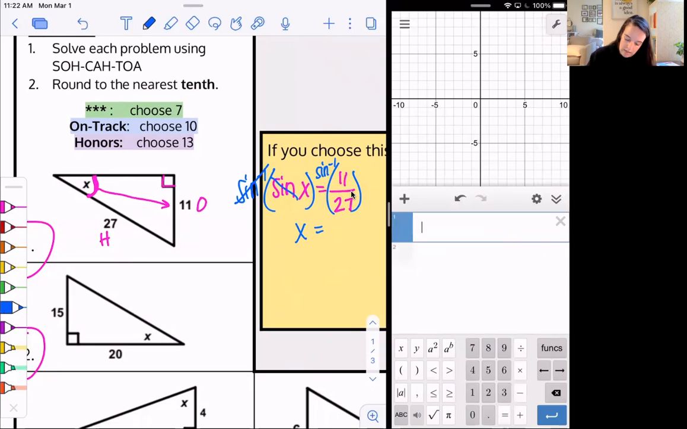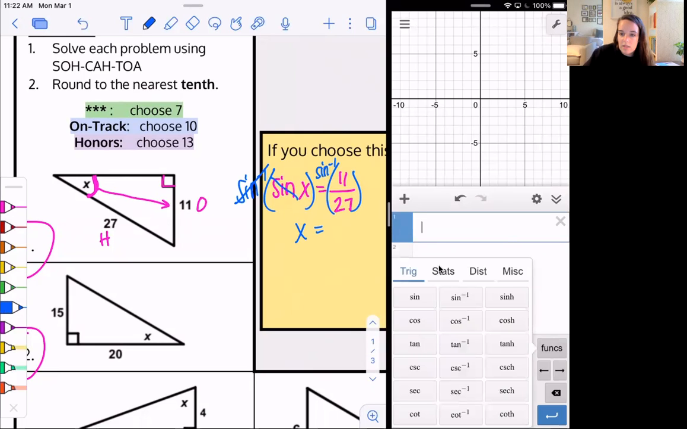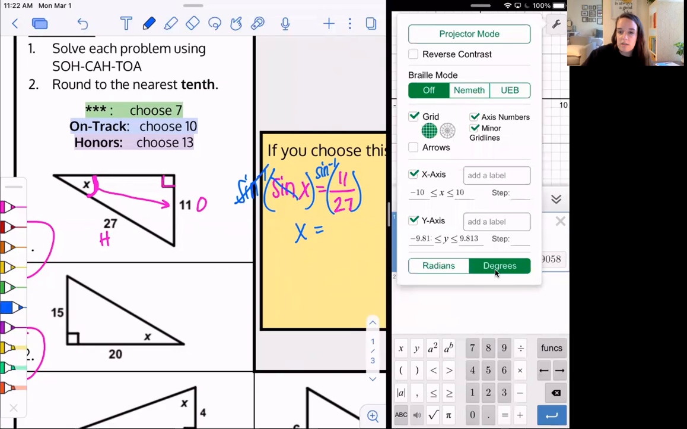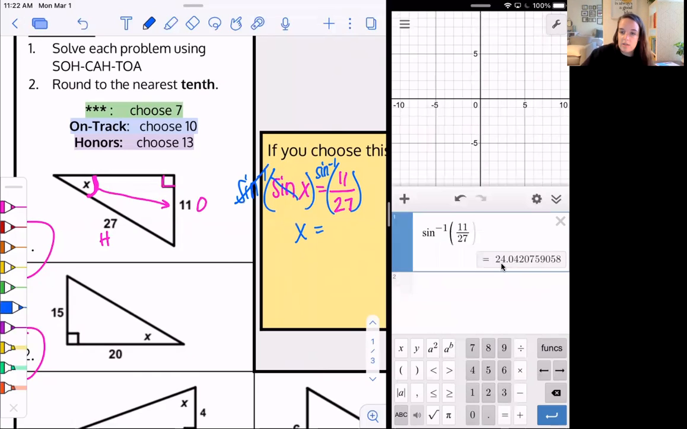So if I go to here, I go to functions, I go to trig. I have my regular sine, but I need sine -1. So I'm going to choose that one. I'm going to do 11 over 27. Something to notice, go up here and make sure that yours is on degrees because we're working with degrees in this triangle, not radians. So click degrees and make sure that that's turned on. And you'll see that we get